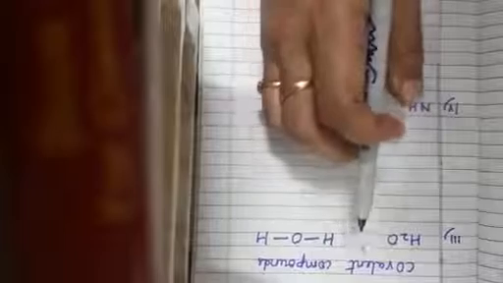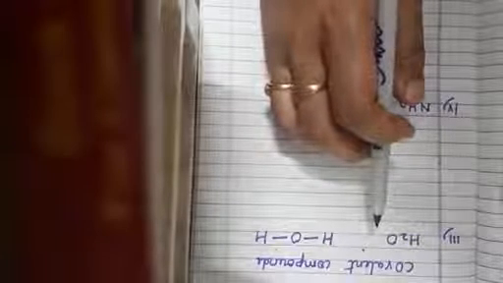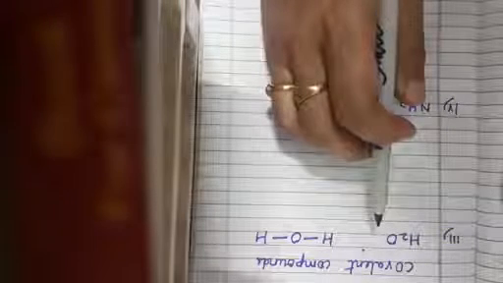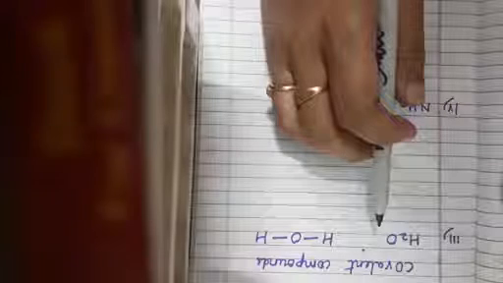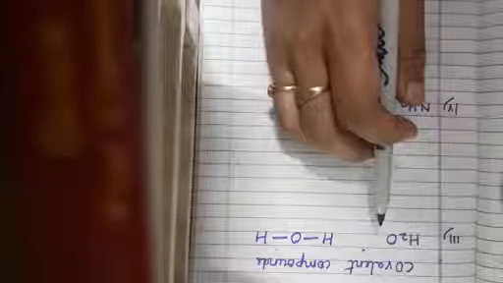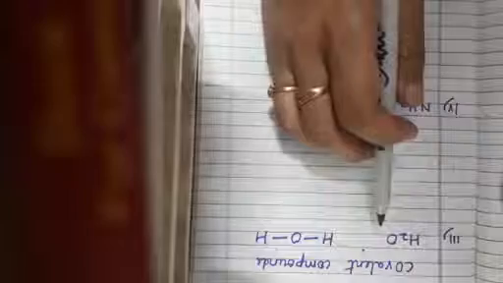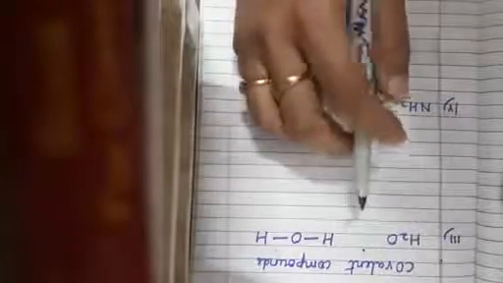Hello students, so I am here with my next video on covalent compounds. Already I was explaining the covalent compounds with single covalent bond. I have finished two molecules, hydrogen and chlorine, which are made up of a single covalent bond by sharing one pair of electrons. Here a few more examples are there which also have single covalent bonds,